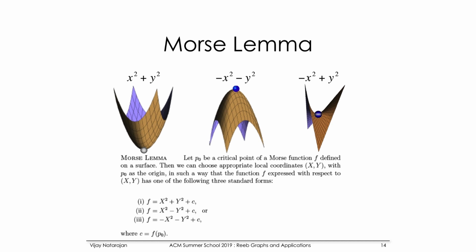So assume that particular point is the origin. So the blue minimum, the black maximum, the gray minimum, the blue maximum, and the gray and blue saddle. Assume that those locations are the origin. Try to compute the gradient and the Hessian and see how many negative eigenvalues you get for each case. You will see that for the minimum, the number of negative eigenvalues will be 0, and the next it will be 2, then it will be 1. This observation,